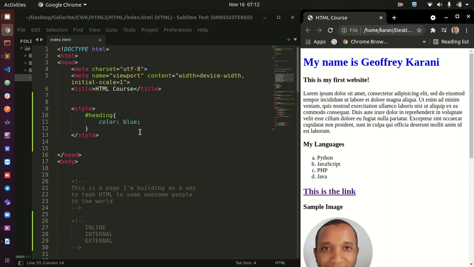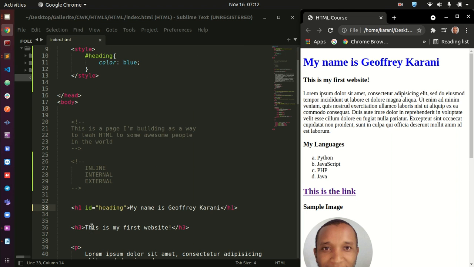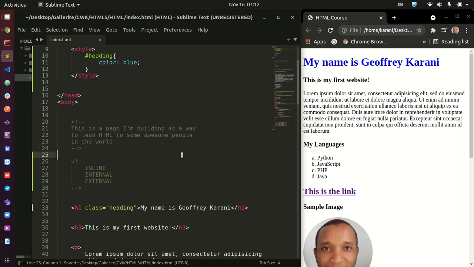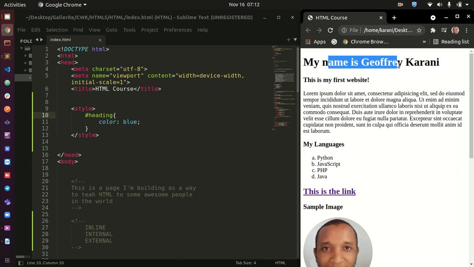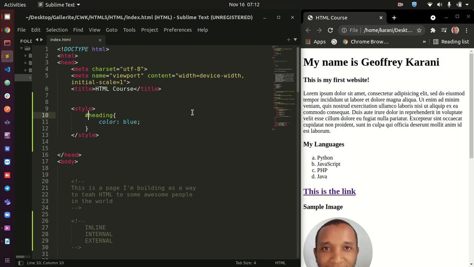You see the text here has changed to blue. Awesome. Now, how about if I wanted to also give this one color blue? Then ID is not going to work here. So I'm going to call a class. All right? A class like that. This class is not going to be denoted by a hashtag like this. So if I refresh this, the formatting is lost. The way we call a class is by adding a period at the beginning of your class name.